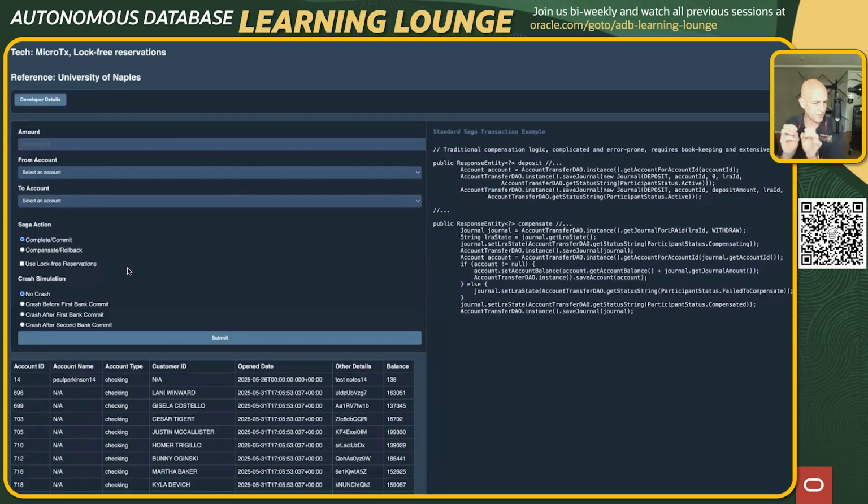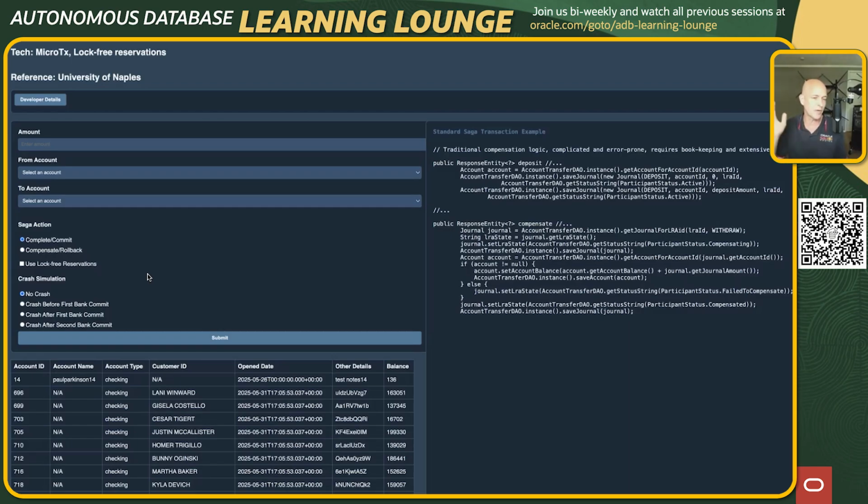So that's good for throughput, but this intermediary journal that's used to keep track of things before it's flushed to disk on commit has a second purpose in these distributed transactions that I'm talking about with microservices. Because you're keeping this journal, you can reuse that journal as the same thing that the journal for distributed locking like XA and two-phase commit would do. Okay. And so combine that with MicroTX, which is using this lock-free reservation feature implicitly for you, and it reduces